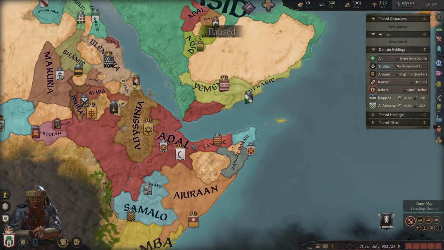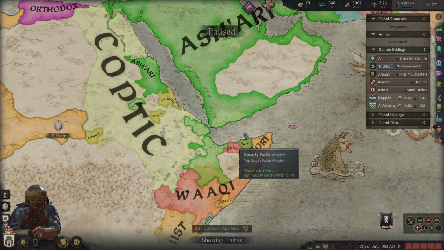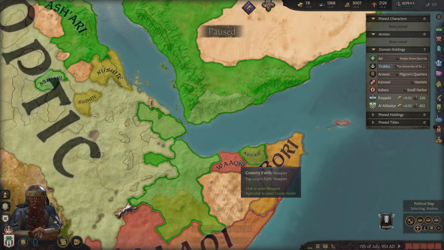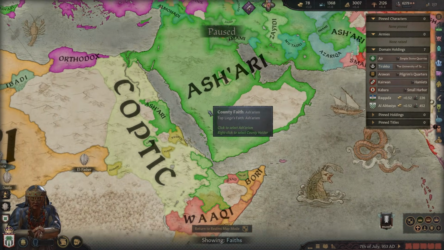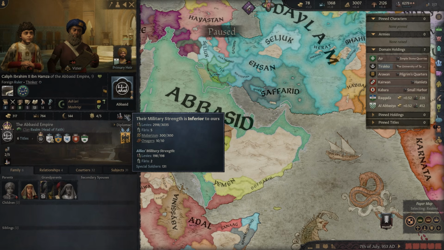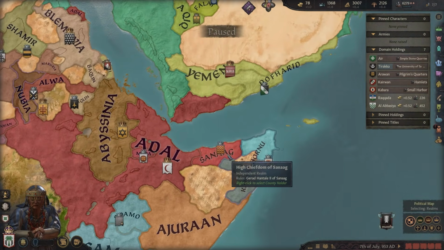The reason I didn't do it previously is I was under the assumption that there'd be a ton of that religion around here, and I didn't want them to be able to join. But actually, there isn't in this case, so we can just declare it. We need to be careful when we're declaring on Ashari, because the moment we do that, the Abbasids could turn and say, I want to join. Right now, the Abbasids aren't that strong, but they might be in the future.